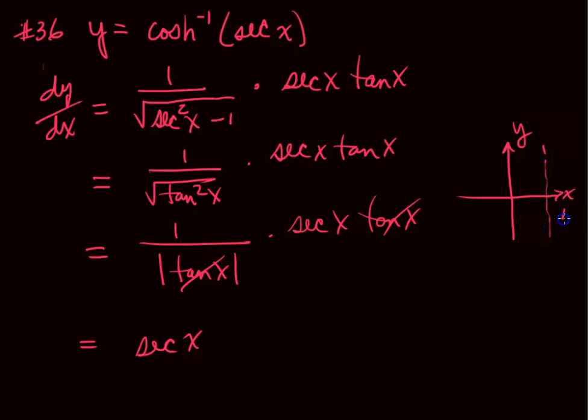I have a vertical asymptote at pi over 2, and another one at negative pi over 2. But the tangent, we don't have this part if we have the absolute value, because the inverse cosh just starts at 1, so it's always positive. So keeping that always positive means we're only using this part